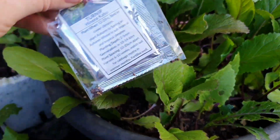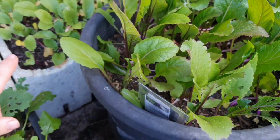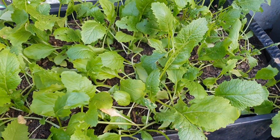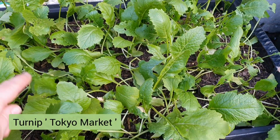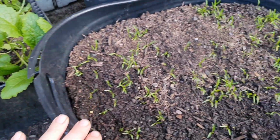So these are the turnips. I have a couple of tubs of turnips, the radishes at the back. I thinned out these ones too. I think they're the Tokyo turnips. I'll put that up on the screen. I may have got that name wrong. And if you check out over here,